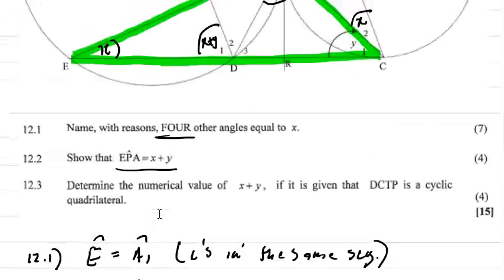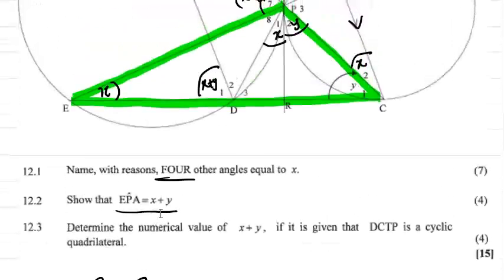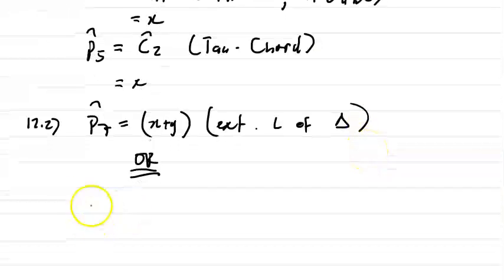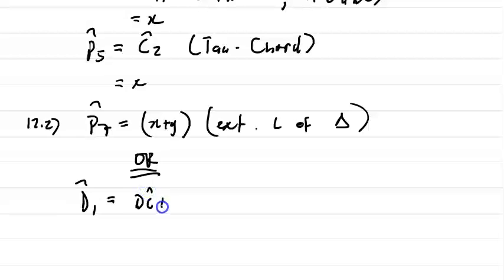Or I'm going to write down D1 equals DCB. That's equal to X plus Y. I'm going to write down corresponding angles,